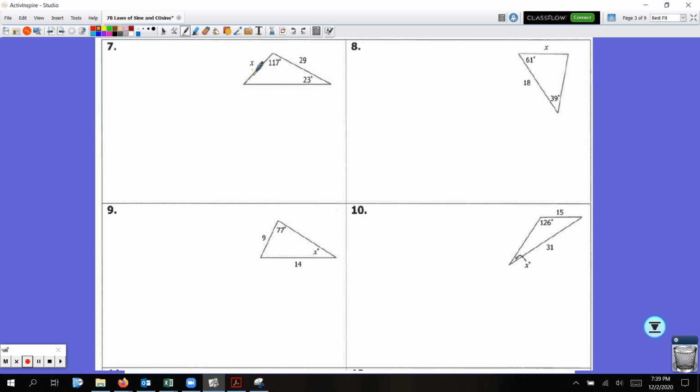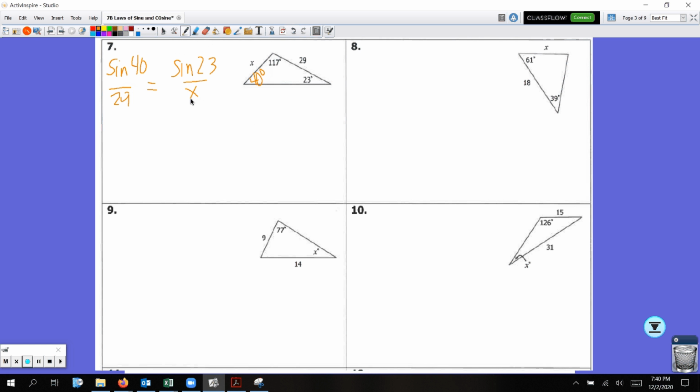All right, here again, I have, all right, so I see sine of 23 over X, but I need to know what this angle is over the given side I have. So if I subtract from 180, I get that it is 40 degrees here. So now I can set up my proportion. Sine of 40 degrees over 29 is equal to sine of 23, oops, I don't know why I wrote 2,